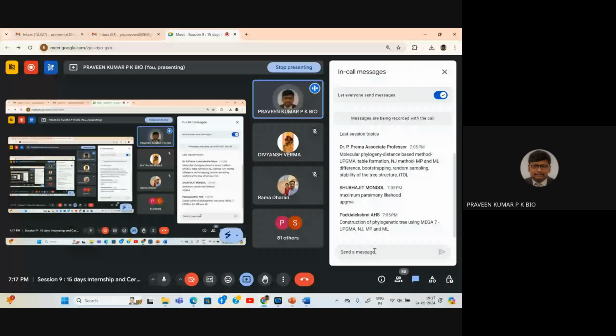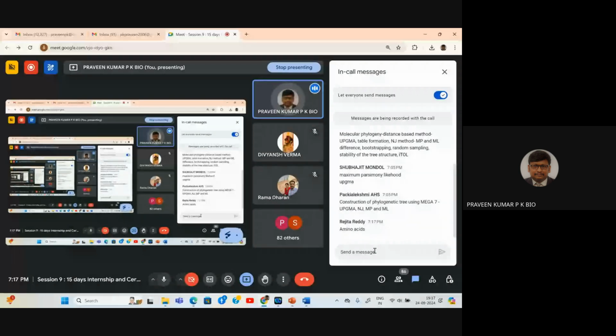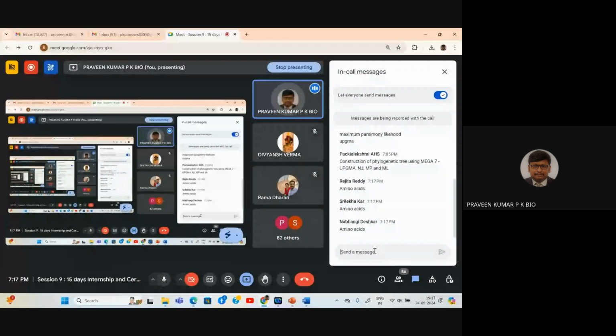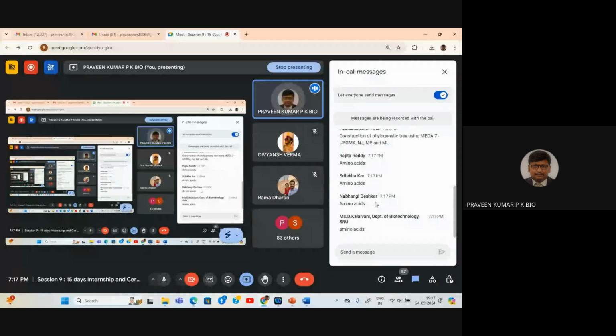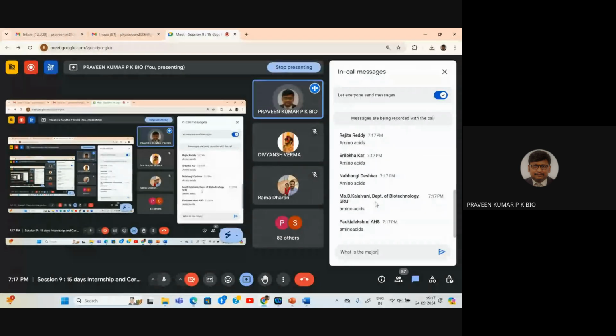Now I was explaining something. Yes, very good, but still this is not a correct answer. Very good, you're alert. And I found many participants are interacting now, those who didn't interact earlier. Very good. I appreciate your involvement. But the question I just typed: what is the major composition of protein? Of course, you are coming with answers. But